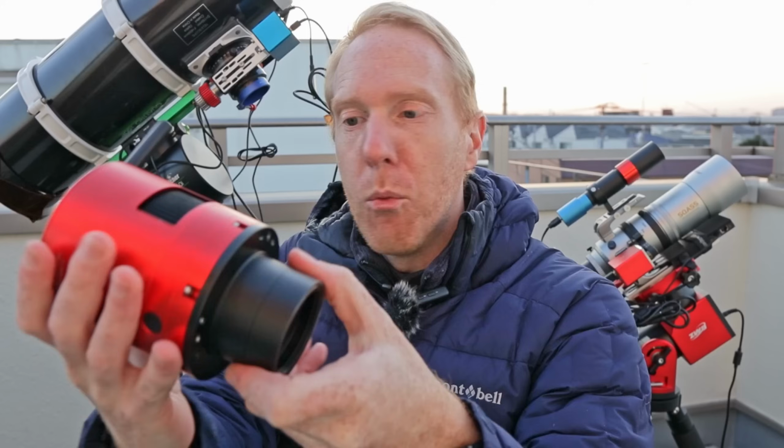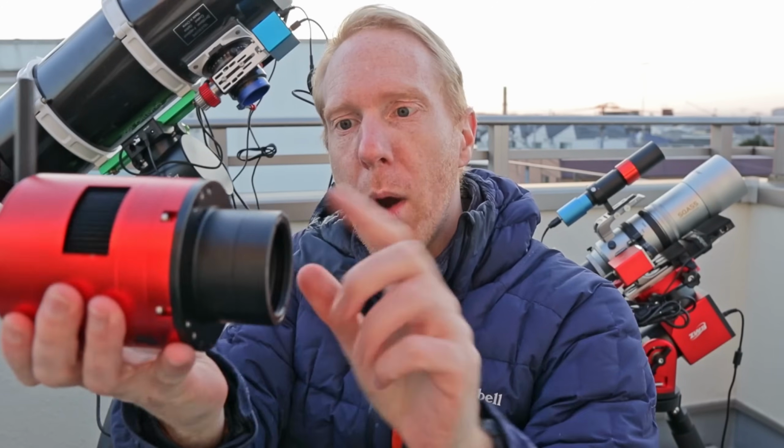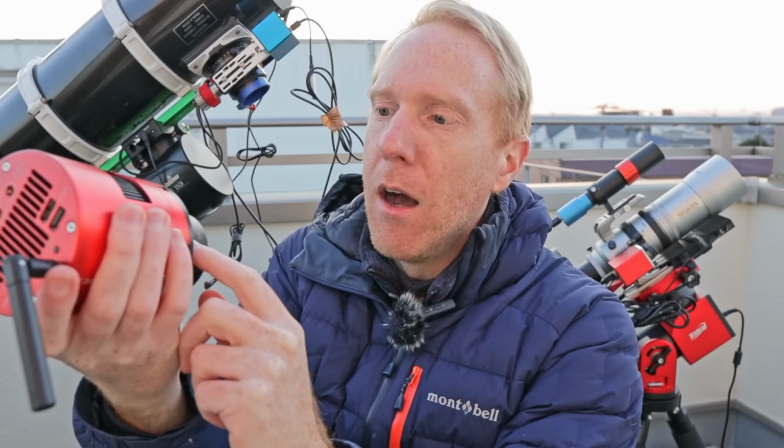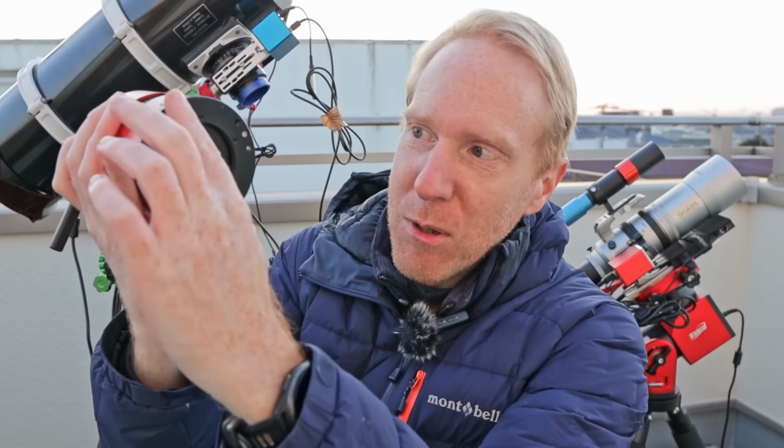Well, these days, they come with accessories, like these accessories here with this camera, which is the 2600 MC Air camera from ZW, where you can see that each accessory has a measurement on the side. This one is 21 millimeters thick, that one is 16.5 millimeters thick, and something we, if you're a beginner, tend to forget. There is an actual distance between the flange of the camera itself and the sensor that